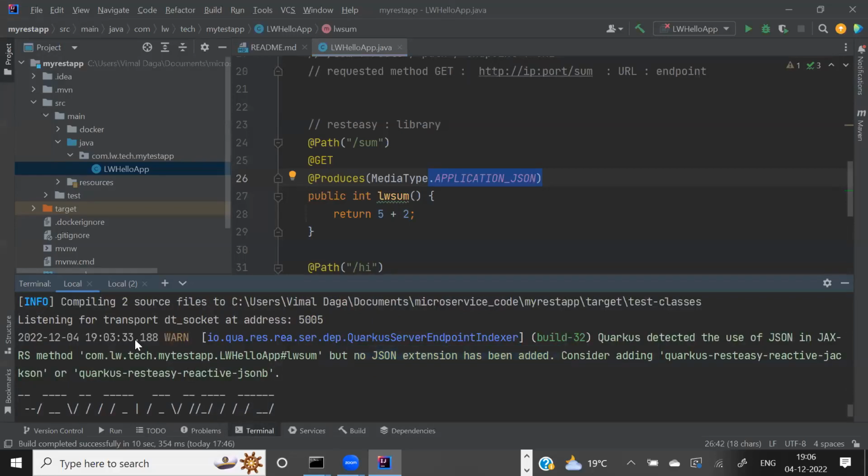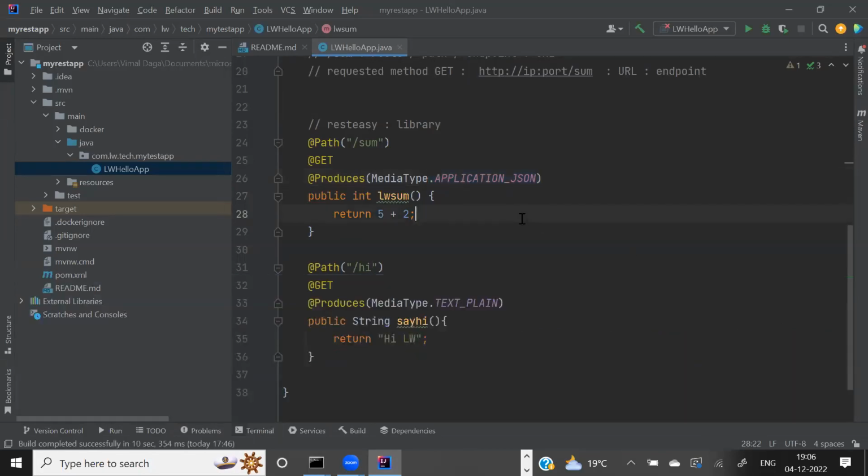And this was just a warning. Because they don't have it, they will again send a normal text format. But they say we don't have any JSON extension or JSON library on top of Quarkus. So it means when you install Quarkus, limited libraries, whatever minimum we need, or limited extensions are installed.